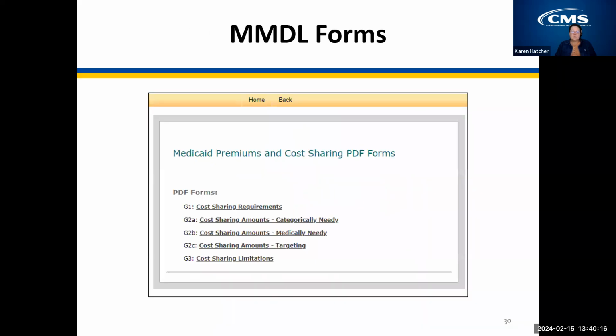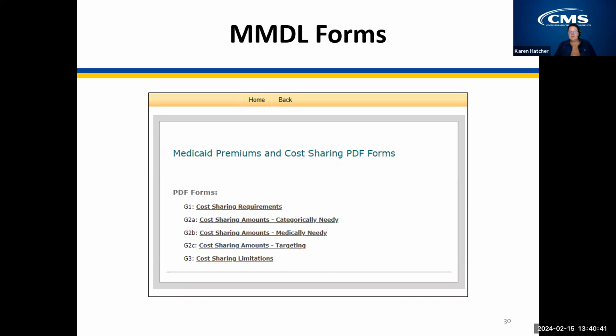Back to the home screen, which, if you'd like to refer to later, is on slide 27. We saw how there is a link to PDF forms under the premium cost sharing and ABP headings. Clicking on the PDF forms links takes you to a list of links to the PDF templates for the relevant SPA type.